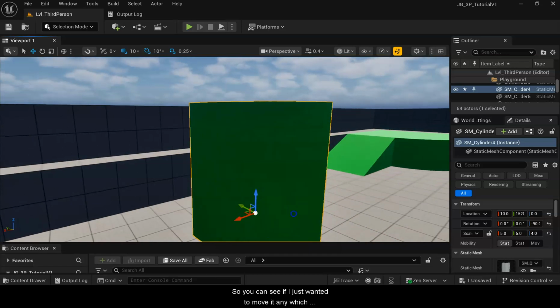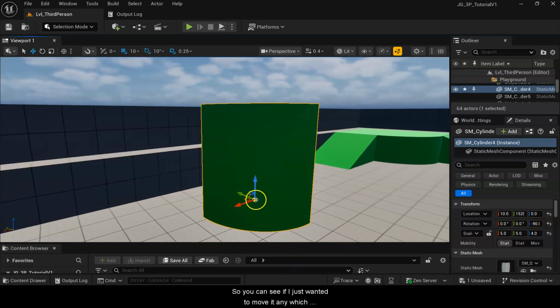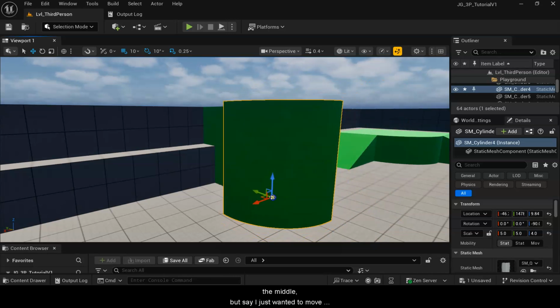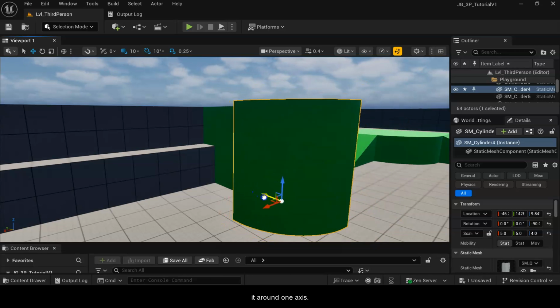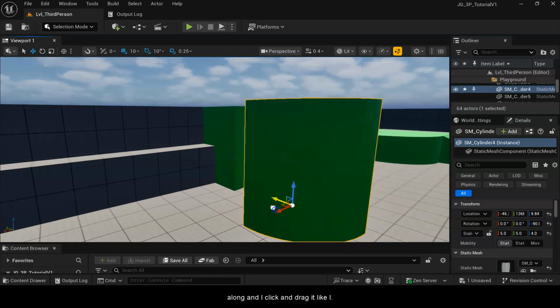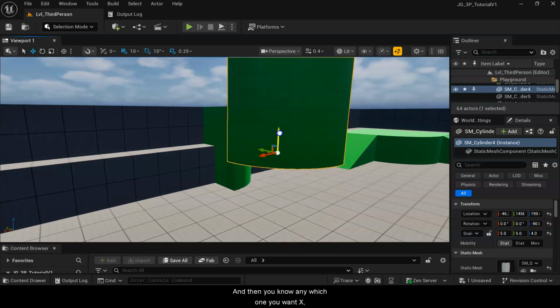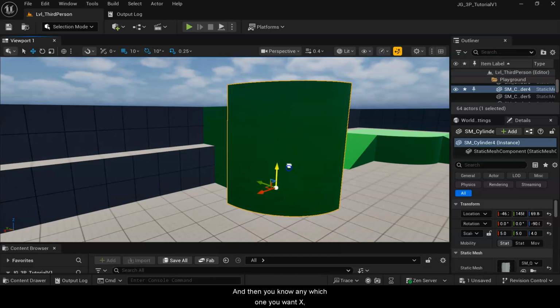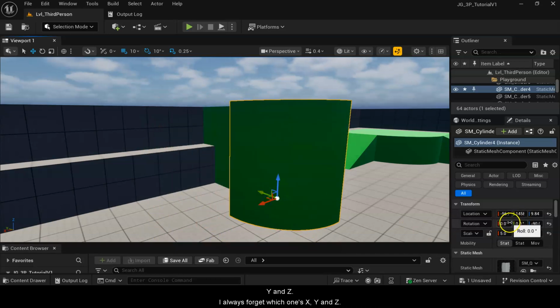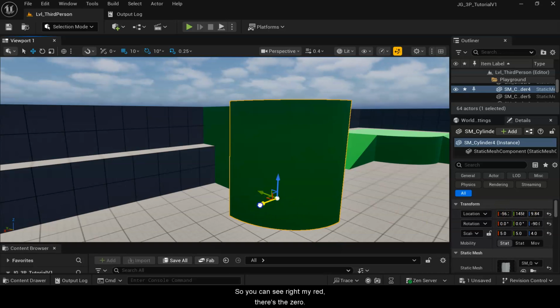If I just wanted to move it any which way, I could click on the circle in the middle, but say I just wanted to move it along one axis. Then I can pick that one axis I want to move it along, and I click and drag it. Any one you want, X, Y, and Z. I always forget which one's X, Y, and Z. But you can see over here where it changes these values, right? You can see my red,